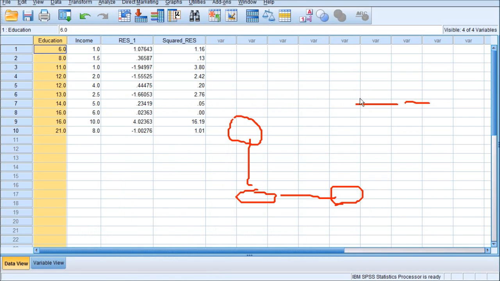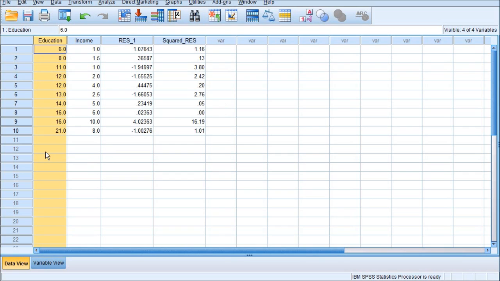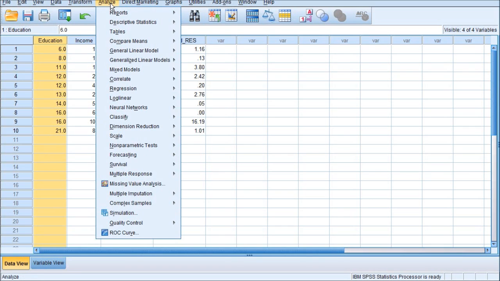So in this SPSS data view window, Analyze, Correlate. This is step 20 in your SPSS instructions, and Bivariate.